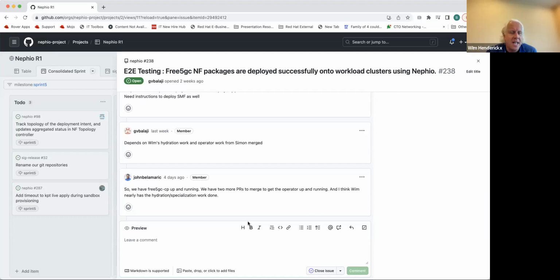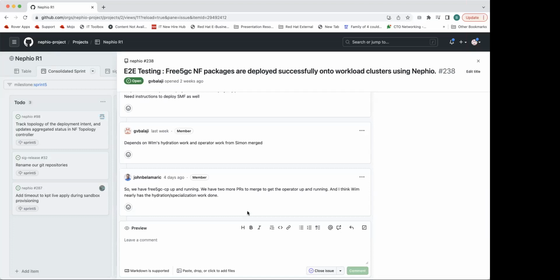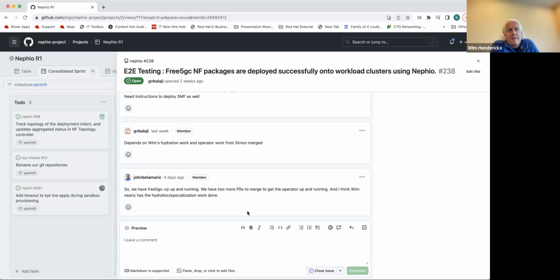And I was successful in deploying UPF. I have found some issues with the SMF package still. So after this meeting, I will retest it, and I will do the same for AMF. I didn't test the AMF side, but I think the issues are the same. I quickly glanced through it, so I'll test it to confirm. But I saw one of the issues with the SMF package, which I fixed. What you see is that with the error handling that we do in the functions, maybe we are a bit too crude, so we have to make it a little bit nicer, and that's why the AMF fails.